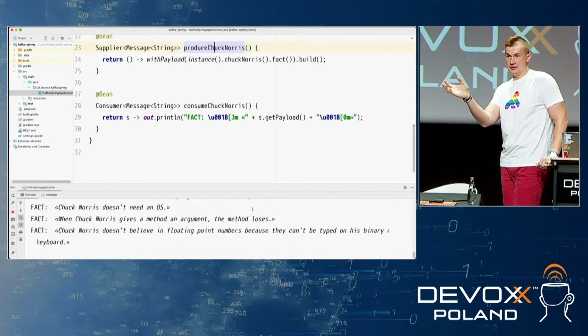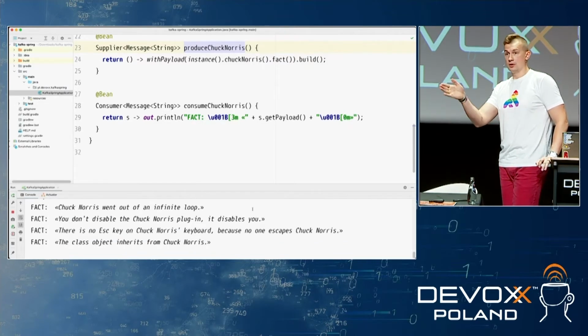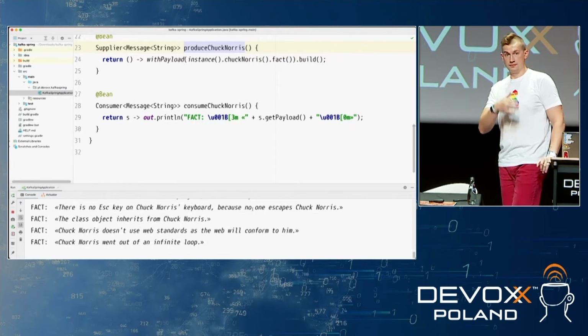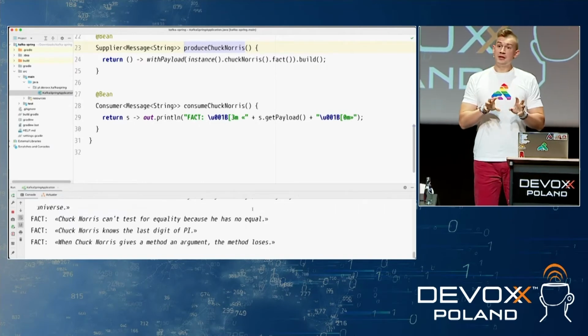You can check the message. If the message contains something that you are interested in, you will do something with it. If it doesn't, you will skip it. Filtering is what we call